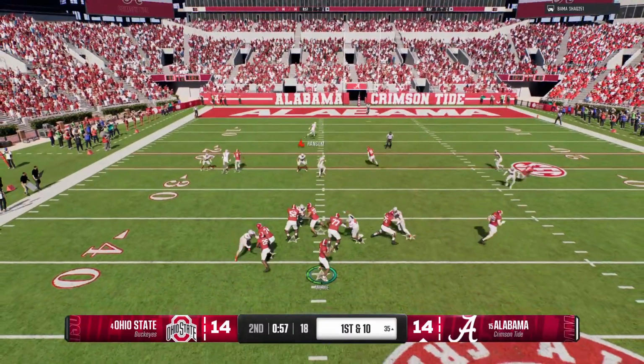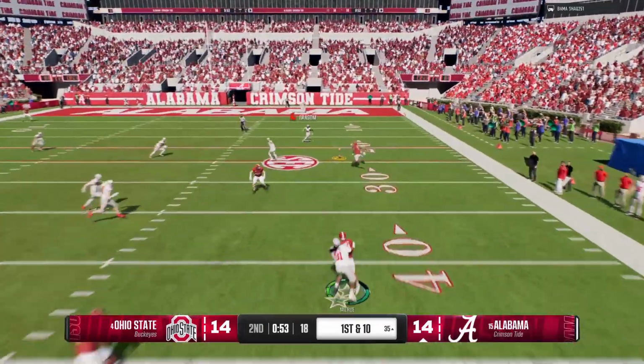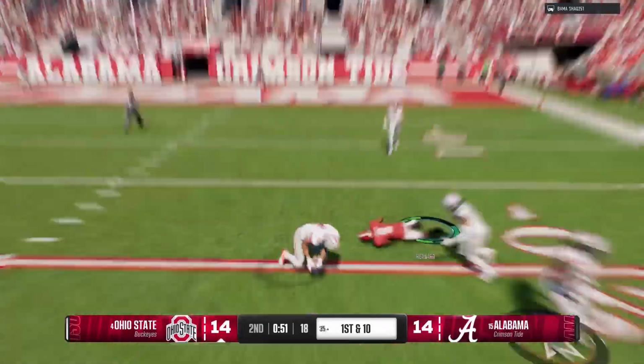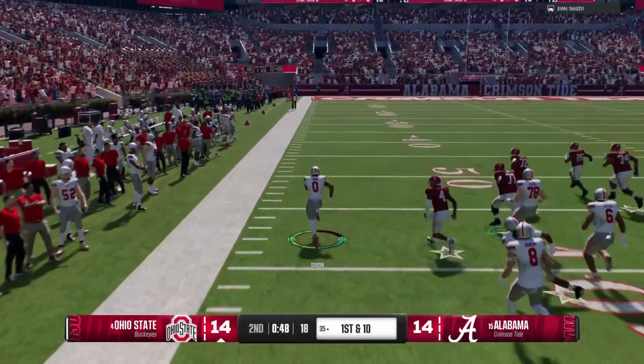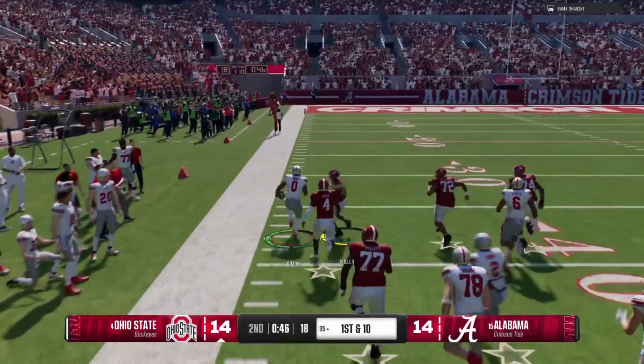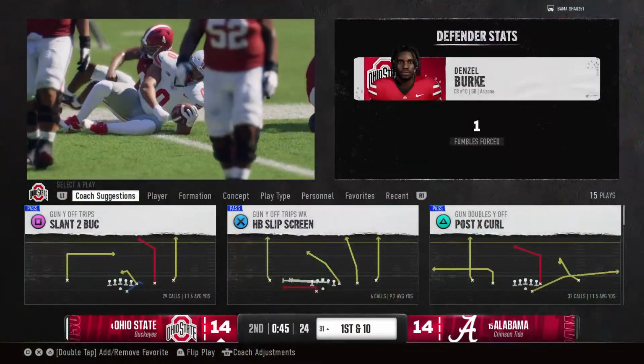Looking to move it through the air. Getting some heat. Got out of trouble, got rid of it. Oh, it's on the ground. Live ball. Defense coming up with a huge fumble recovery. Man, that's a big mistake. And listen, I'm still going to force